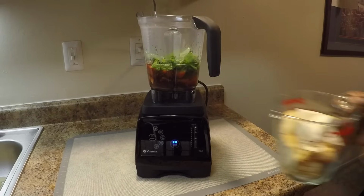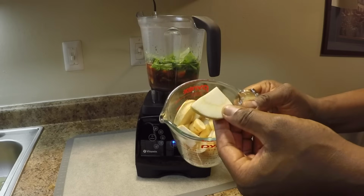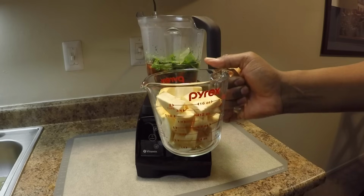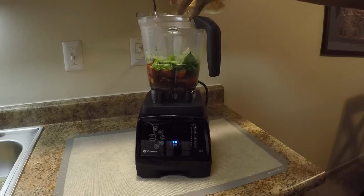2 cups of parsnips. Now you guys, these are like a secret weapon to thicken your soup. It'll make it nice and creamy. You can also use carrots or different types of vegetables to make your soup creamy so you can avoid dairy altogether. So I'm using 2 cups of parsnips,